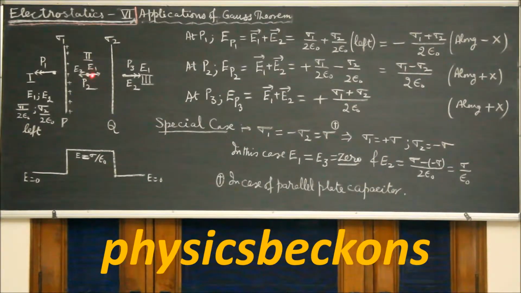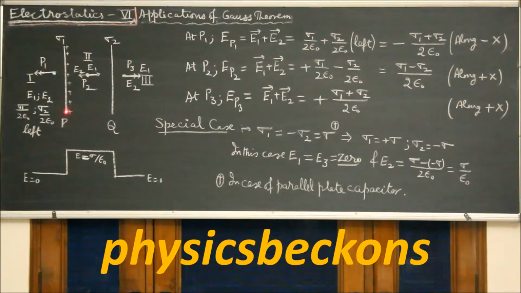At P2, that is a point in region 2 between the plates, the field due to the plate P is towards right, E1 is towards right, and E2 due to the plate Q is towards left. So these two fields E1 and E2 need to be subtracted. So at P2,